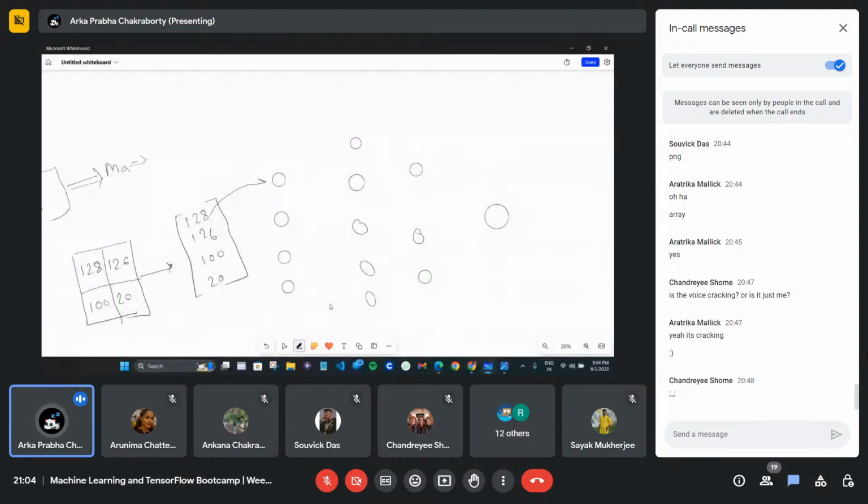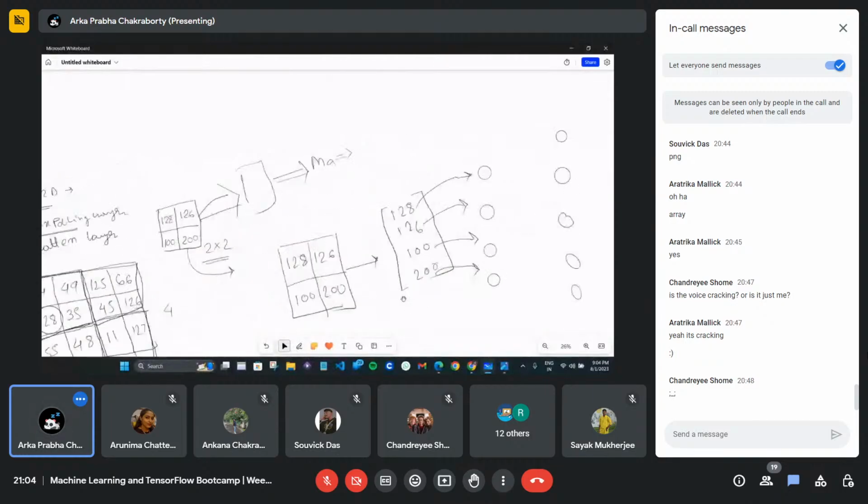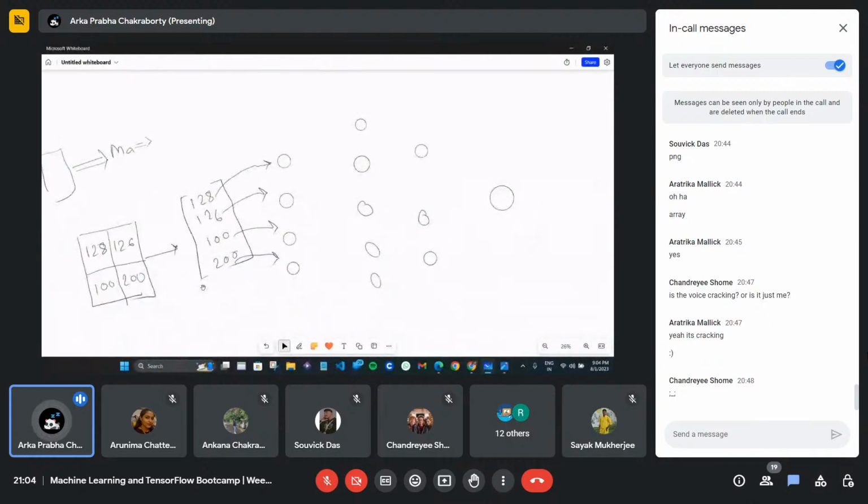This is my feature 1, this is my feature 2, this is my feature 3. This is 200, right, if I'm not wrong. Okay, so this is how my actual convolution neural network works for image classification.